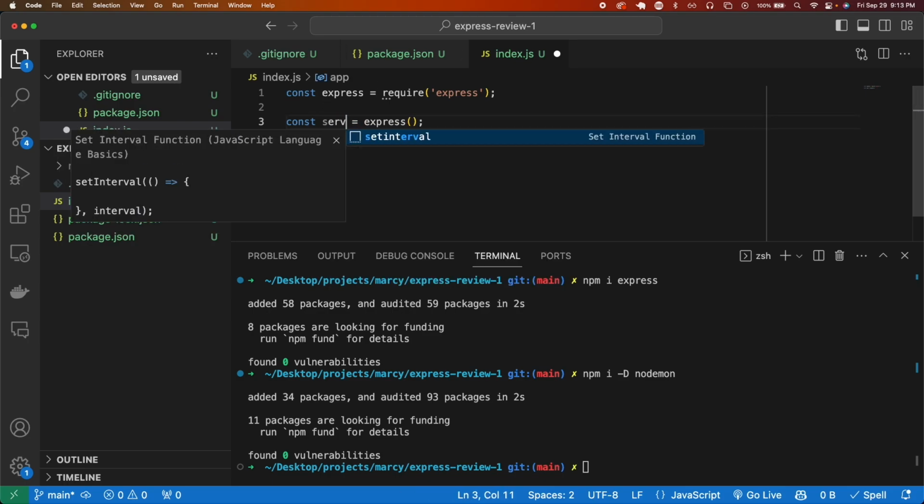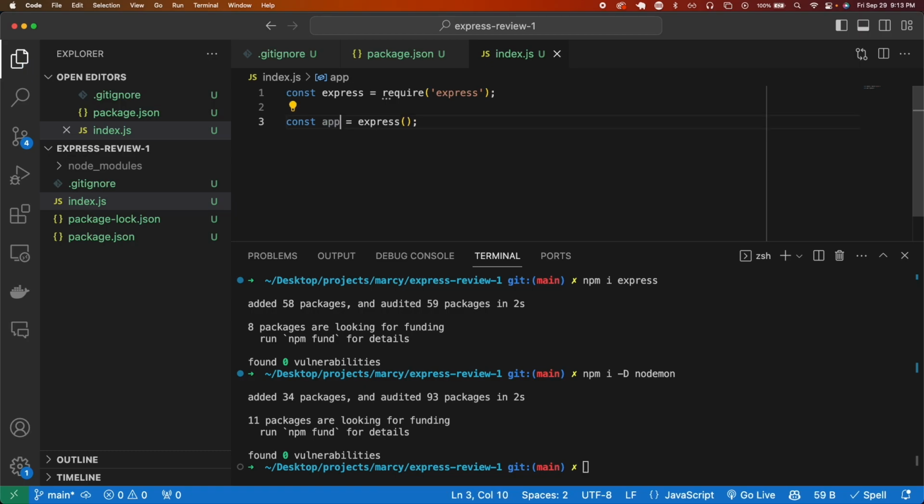Why this is app and not server, I couldn't tell you. It's just a convention. But what's important over here is calling Express like this. What this does is tells Express, hey, you got a lot of things you're able to do, but what I want you to do, your primary function right now, is to run this function that will return a server. And that server